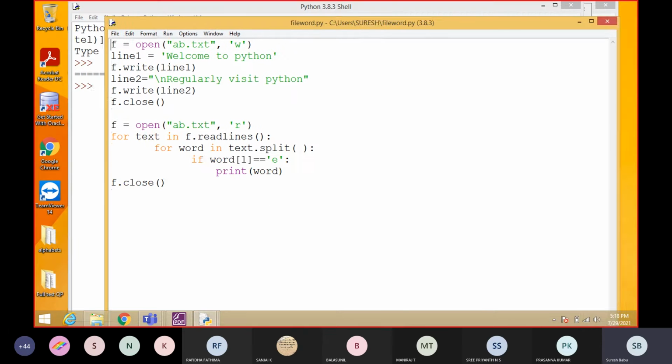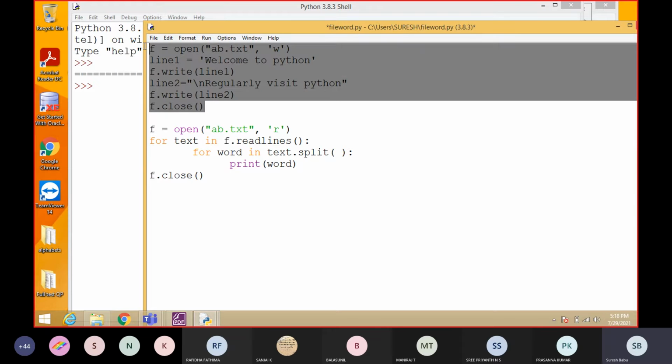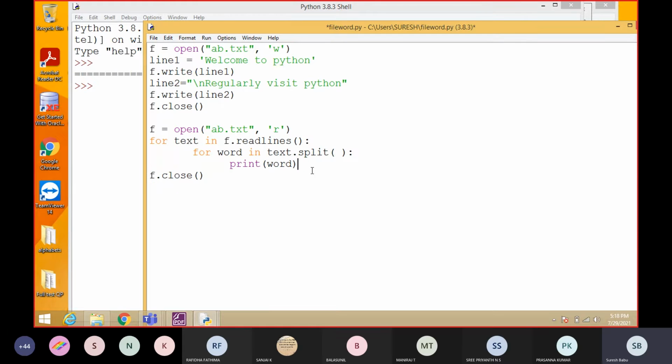Okay, so this is the program. Actually, we are going to process a different one later. The first line I'm going to write is welcome to Python, and the second line, this we already saw. But we are going to see only this module, using a nested for loop, to process the words. I'm going to get the word because f.readlines will read the data. The first line is the first item of the list, and the second line will be the second item of the list.